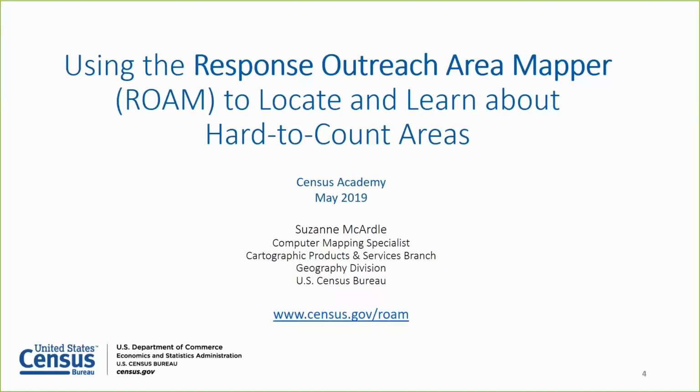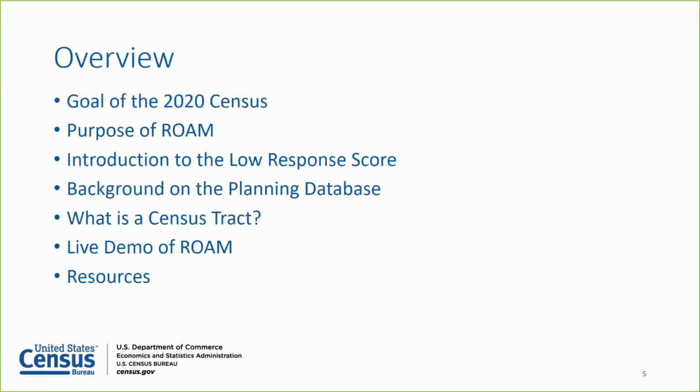I'm really excited to be here to go over the Response Outreach Area Mapper. But before I jump into a scary and daring live demo of the application, I want to cover a number of background items that I hope will help lay out some of the basics for you to better understand ROAM and its data. So I'd like to call out the goal of the 2020 census first, followed by the purpose of ROAM, an introduction to this decade's hard-to-count score, a metric called the low response score, and then I'll go over the database that the low response score lives in,